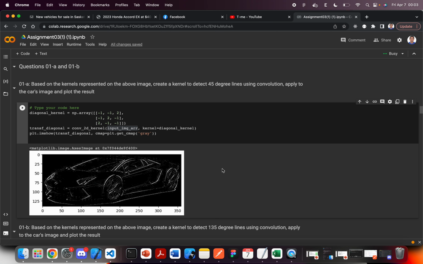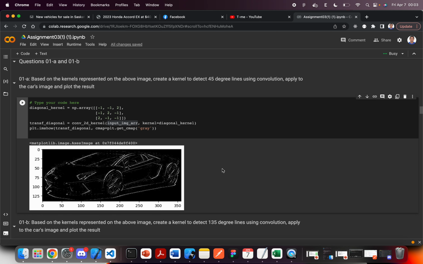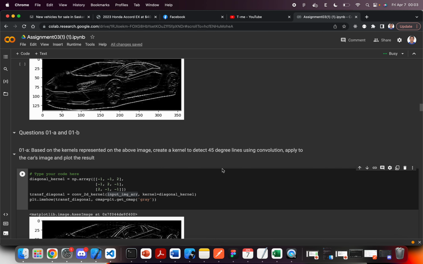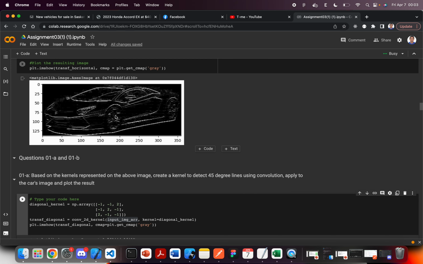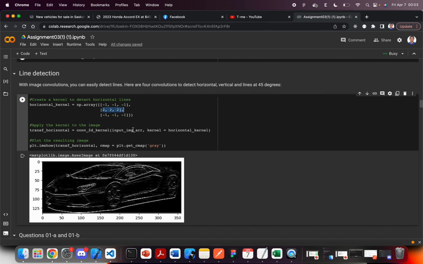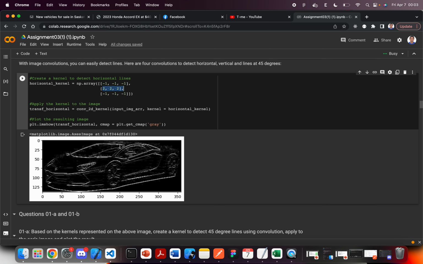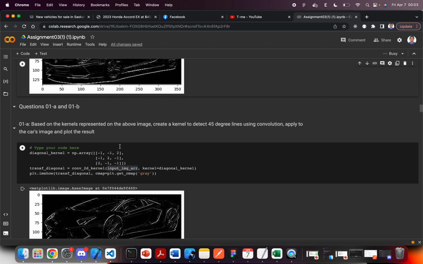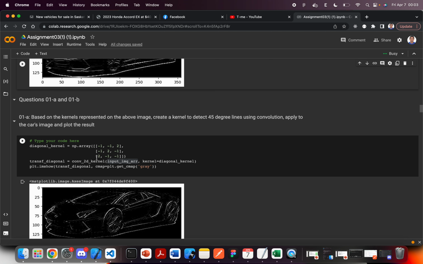Now I'm going to present my assignment 3. Here is a kernel that can be used to detect 45-degree lines using convolution. As you can see, in the horizontal kernel array above, the center value is 2 and the value to the right is -1. To make the kernel detect horizontal lines, the number 2 is set like a row. Similarly, to make the kernel detect 45-degree lines, we set the number 2